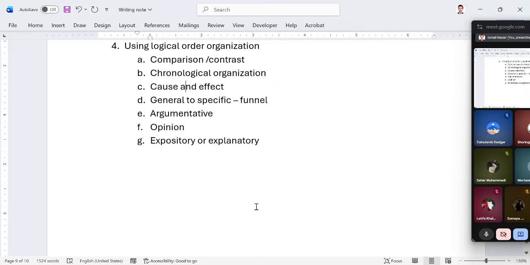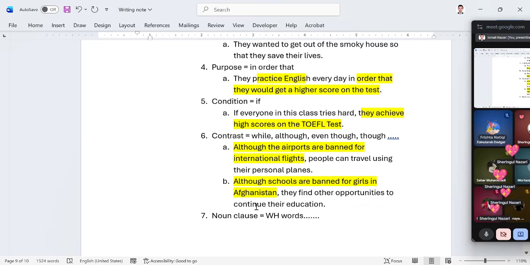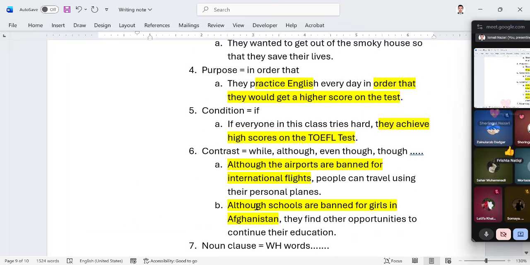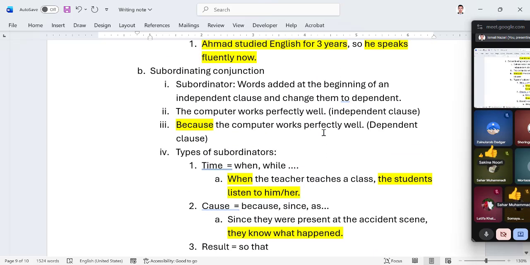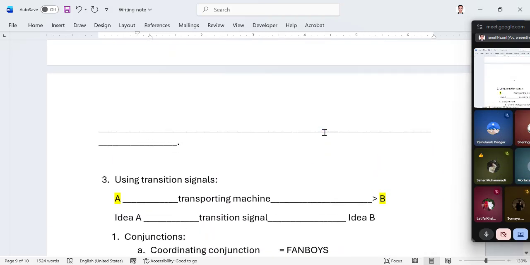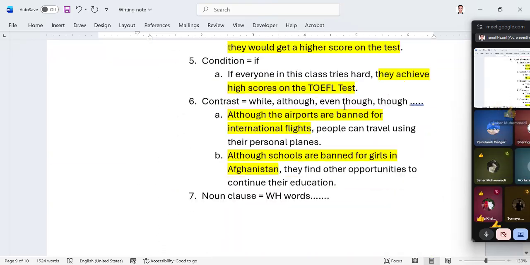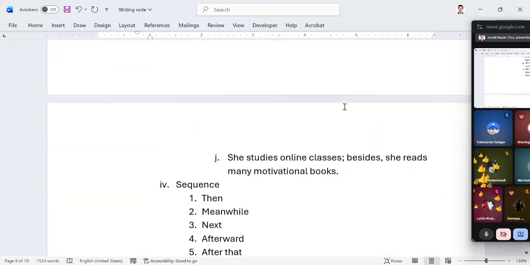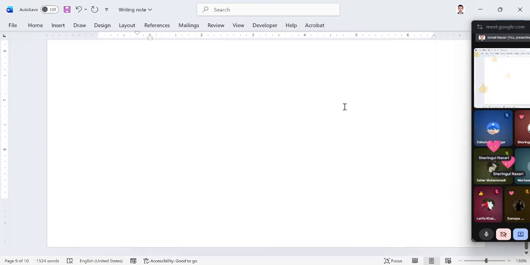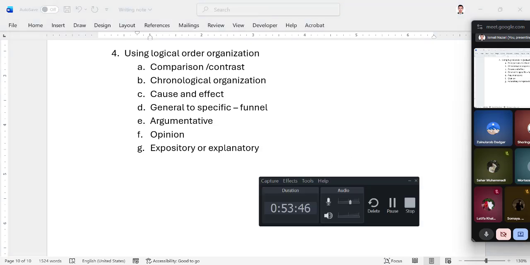Yeah, these are the ways to bring coherence, and your homework is to do the exercises of the book in Unit 2, all the Unit 2 section. I wish you have done it partially, but if you haven't, do the exercises of the writing book, Unit 2. And the next day, we'll discuss more on the next topic.